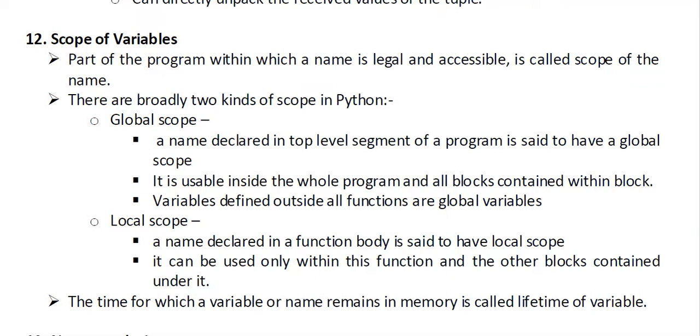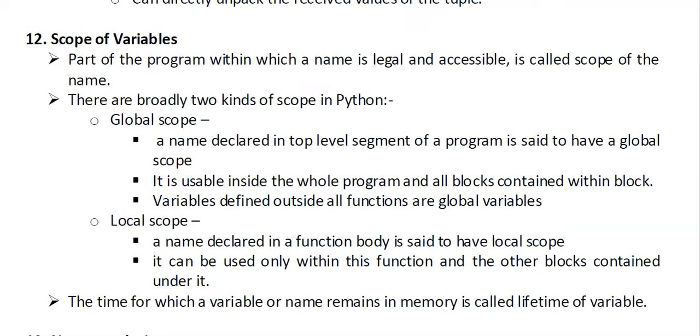Okay, it should be noted that it will be accessible in the blocks that it contains. If a bigger block contains a smaller block, then the variable declared in the bigger block will be accessible in the smaller block. But a variable declared inside a block cannot be accessed outside that block. So if a variable is defined in a smaller block that is enclosed by a bigger block, it will not be available in the outer block, that is the bigger block.